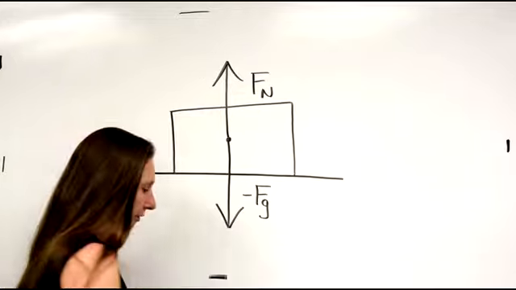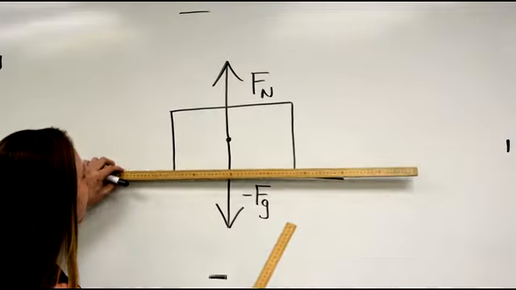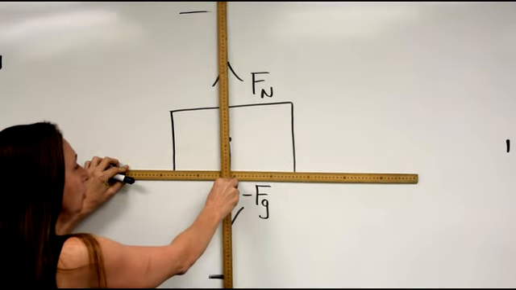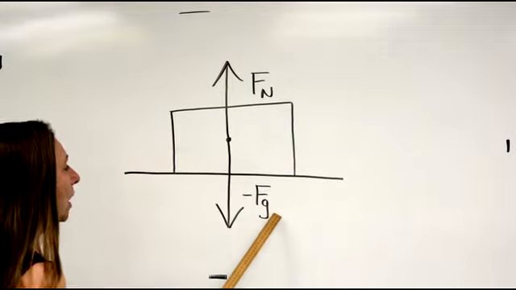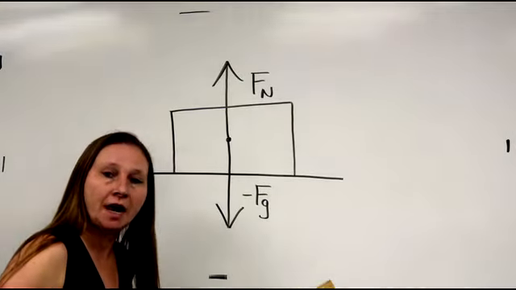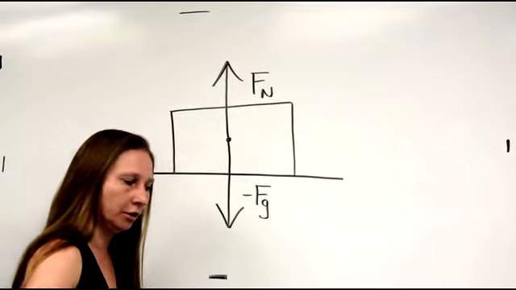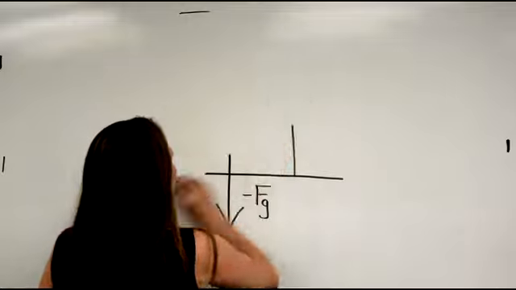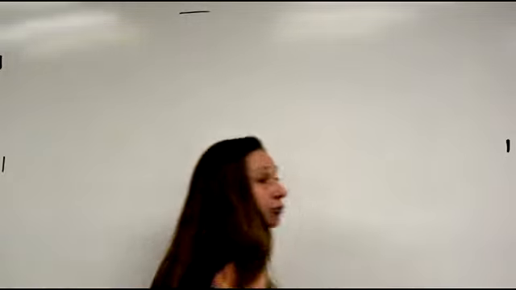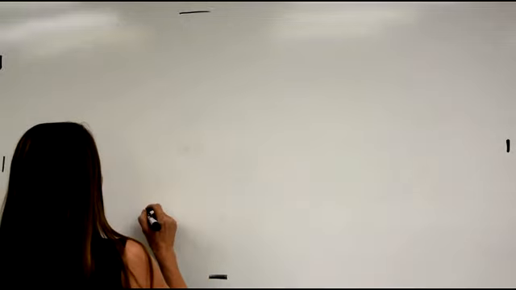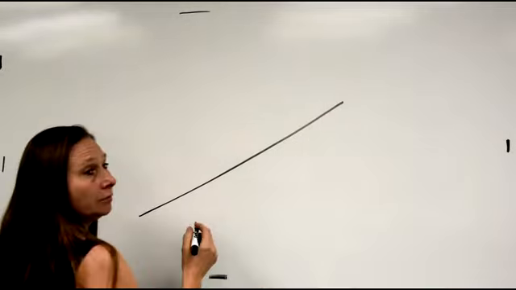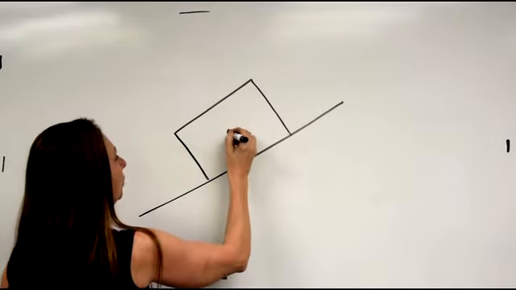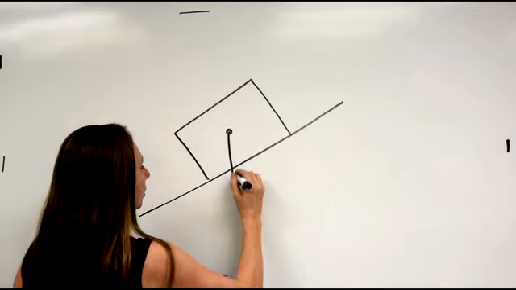Now, for the record, here's the surface. Note that the normal force is perpendicular to the surface. And the weight is always directed straight down toward the center of the Earth. Now, just very, very briefly, if the object is resting on an incline, here's the surface, here's the object, our box, then the weight of the object still goes straight down,